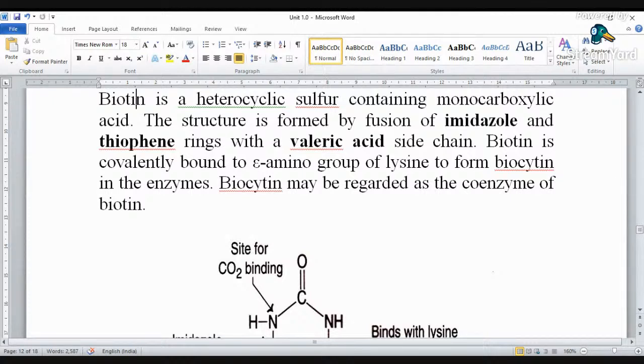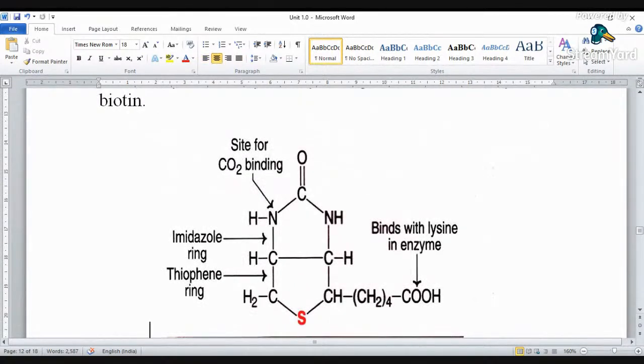The structure is formed by the fusion of imidazole and thiophene ring with the valeric acid side chain. Fusion of imidazole. बघा ही जी रिंग आहे ही इमिडाझोल रिंग आहे. इमिडाझोल रिंग मध्ये कोणते कोणते ॲटम आहे? NH, CH, C=O आणि थायोफिन रिंग मध्ये CH2, CH2, (CH2)4 COOH. This COOH is the carboxylic group. This S is the sulfur containing